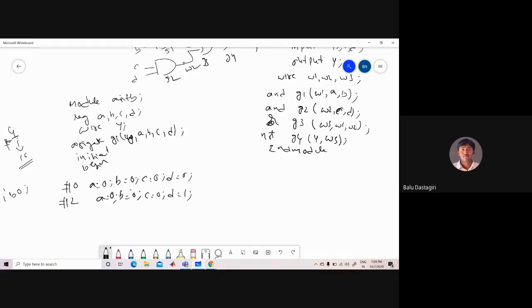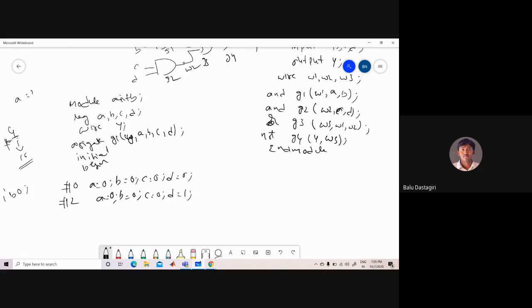You can give the value like this, or else you can give 1'b0 also. If you are giving A equal to 0 or D equal to 1, by default the compiler will take that these are binary numbers. If you want to specify the inputs in hexadecimal numbers or anything, you can specify like this.